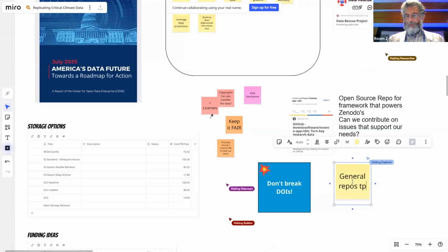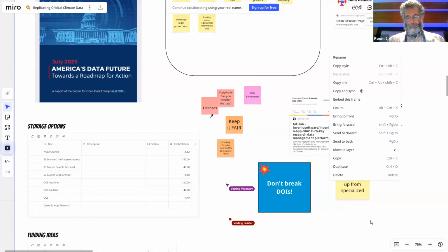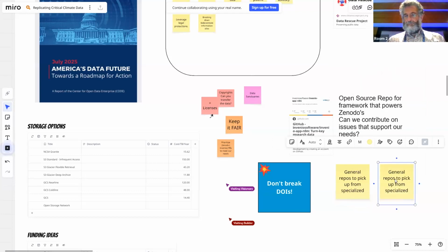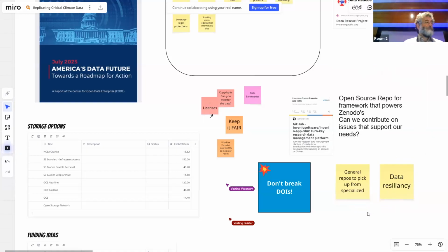Some people have been calling it data rescue, but at least some of us are trying to move away from data rescue to data resiliency because we're still here. We're still standing. We're trying to be a little more positive about it. There are things we can do rather than waiting for the axe to fall on us. And whether that is being stronger together, not just siloed off in our own institutions, but connecting nationally or better connections internationally. I know there's been an outpouring of support from other nations